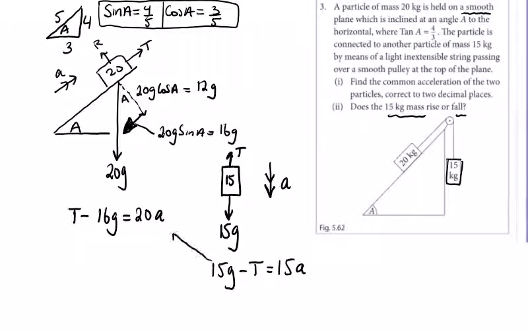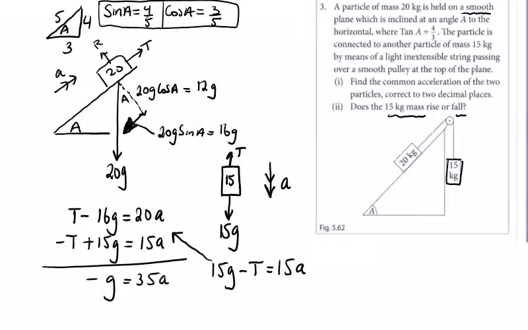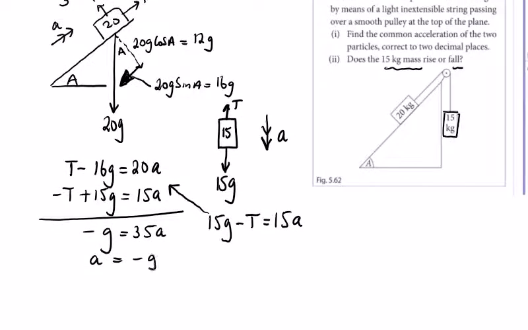If I bring that equation over here, I'm going to get minus T plus 15g is equal to 15a. You may see here, we're going to get minus g is equal to 35a. So a is a minus number, a is equal to minus g over 35